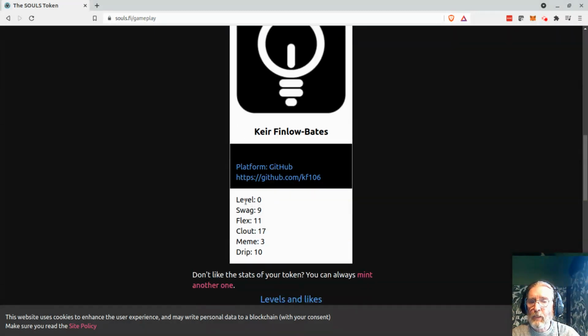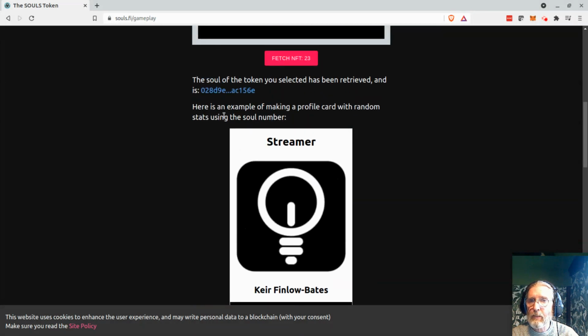And you'll see a whole bunch of stats have appeared here. The reason for these stats is they're actually derived from something that I've called the soul of the token. And the soul of the token is a pseudo-random number that is generated for each token when it's minted. And it's a total of 256 bits long. And it's something that a game provider, for example, could use as the basis for creating statistics for a particular token. So what I've done here is I've made a demo of that.